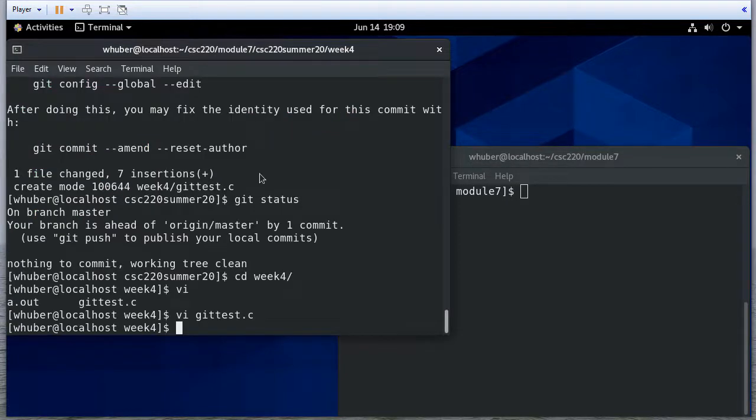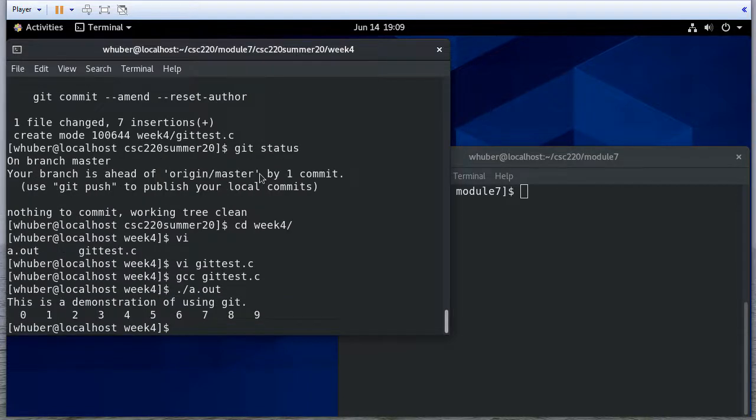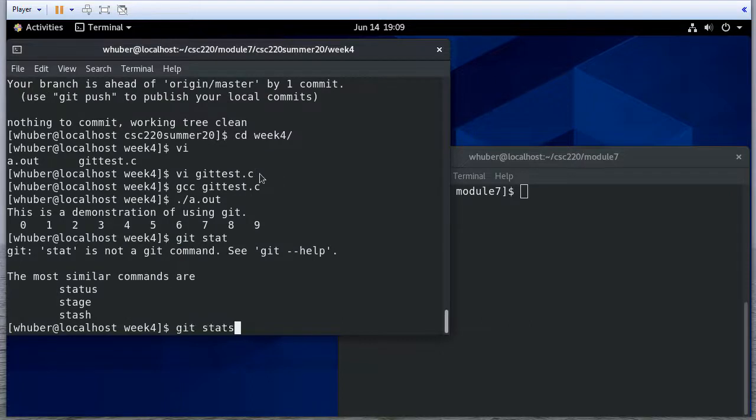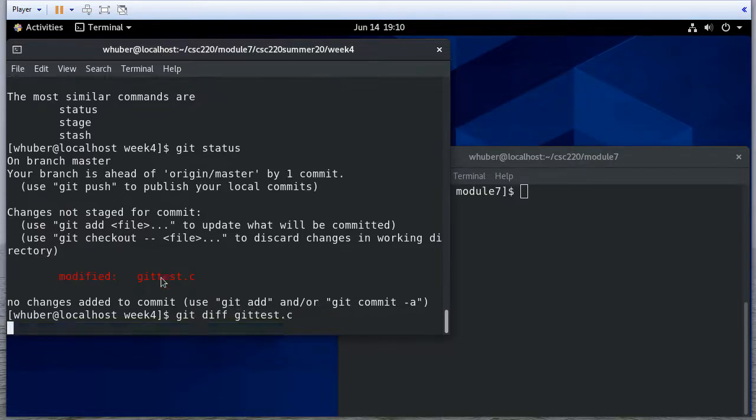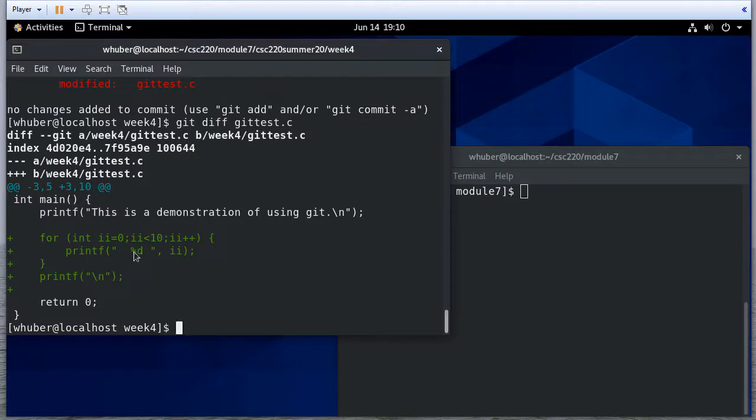And if I compile this, there we go. So now git status says that I've modified this, and I can see what I did by using the git diff command, and I can see that I've added these files. Okay, so I'm going to git commit -a to add the modified files, and -m